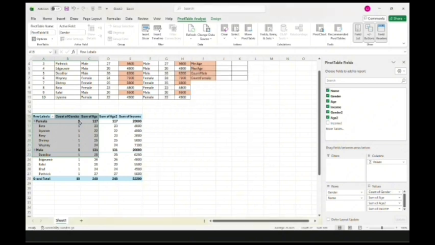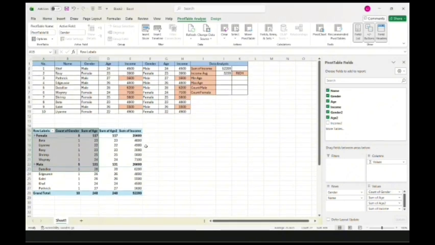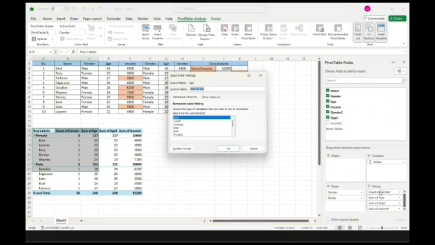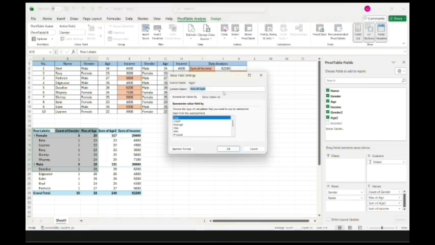So count of gender 2, and then the sum of age to the maximum of age, also the other one to minimum of age.